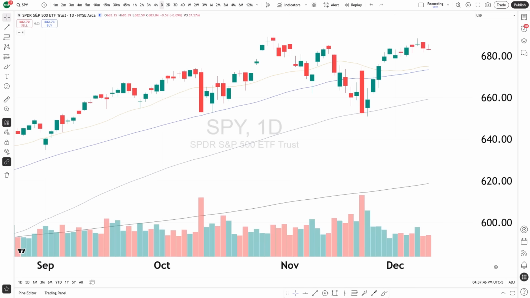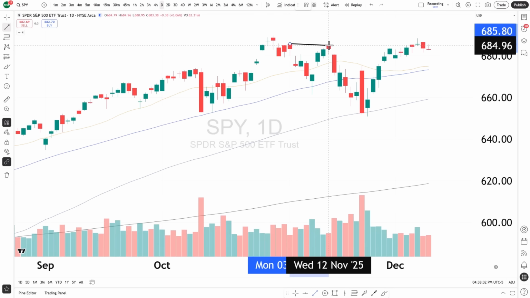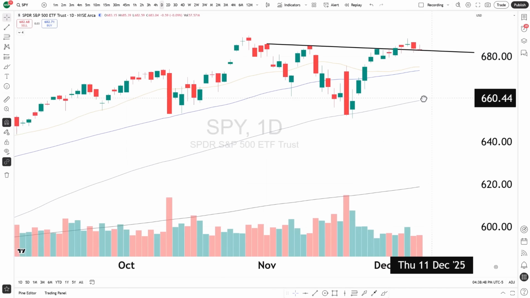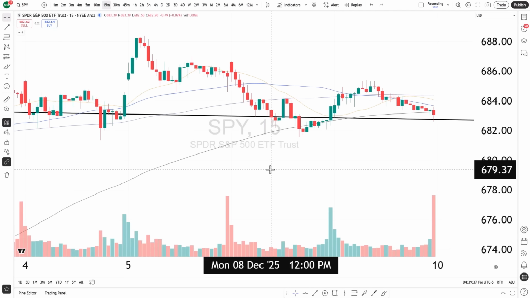So looking at this thing at face value, really, there's no change on the chart. We're only down 0.09% today, pretty much a nothing day, but there were still some key things that happened intraday. What we're going to cover first is that trend line that we've been talking about for a while now. It goes from the high of November 3rd to this pivot high November 12th. We'll extend this line out, and as you can see, just looking at it on a daily time frame, we're closing right on it. But then, going over to a 15-minute time frame, price was certainly attracted to that trend line at the beginning of the morning and then at the end of the day.